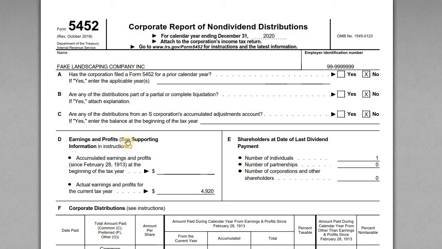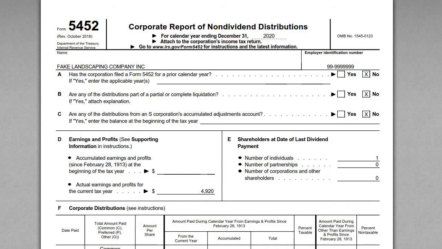So why is that relevant? Well, a C corporation is subject to tax at the entity level, right? And then it's subject to that second layer of tax when dividends are distributed to the shareholders. But what's important to remember is that a C corporation, when it distributes a dividend to shareholders, the dividend is only taxable to the extent it has earnings and profits. If you get a dividend distribution in excess of E&P, it's referred to as a non-dividend distribution, which is not taxable. So I'm going to quickly go back to the Form 1120 just to illustrate this point, and then we'll go through the